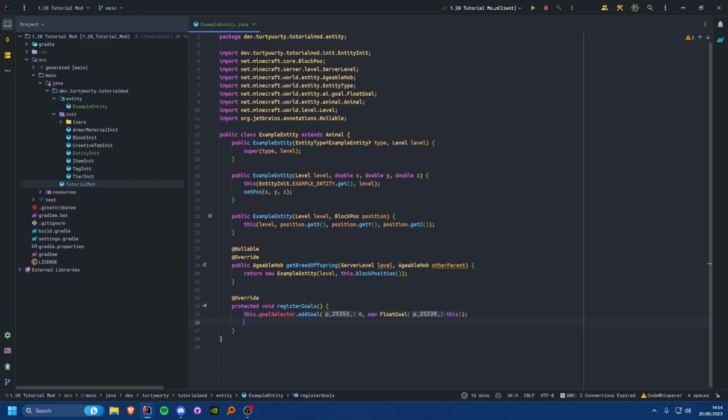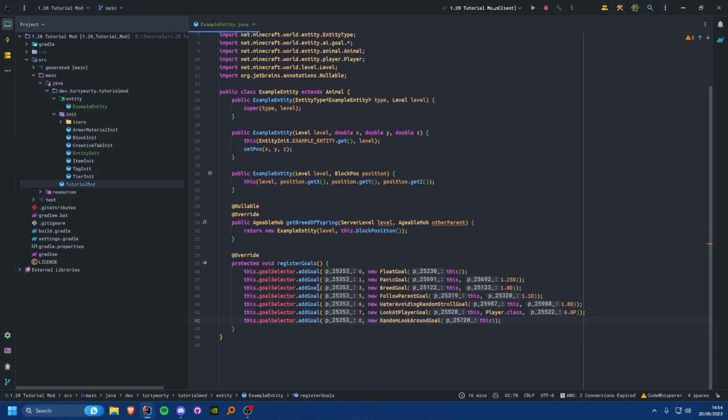Then you have goals like panicking, breeding, following parents, water avoiding, looking at players, random looking, and tempting. I'm just going to copy paste some of those in from my previous ones. So as you can see, I've added panicking, I've added breeding, following parents, water avoid, random strolling, looking at player, and random look around. And I'm also going to add a tempt goal so that this entity can be tempted